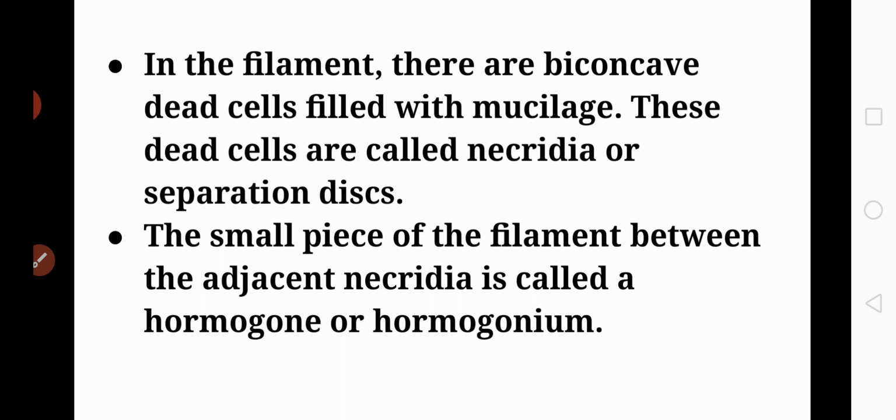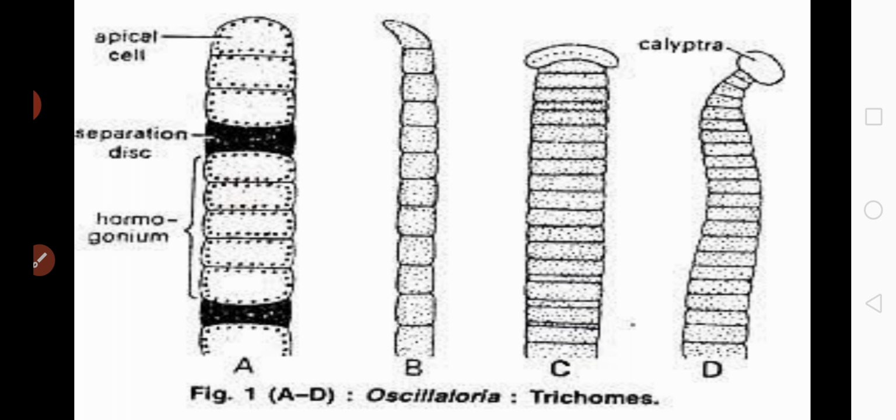What do you mean by hormogonium? The small piece of the filament between the adjacent necridia. So, a small piece between the adjacent necridia is called a hormogone. Is that clear? So in this picture you can observe the